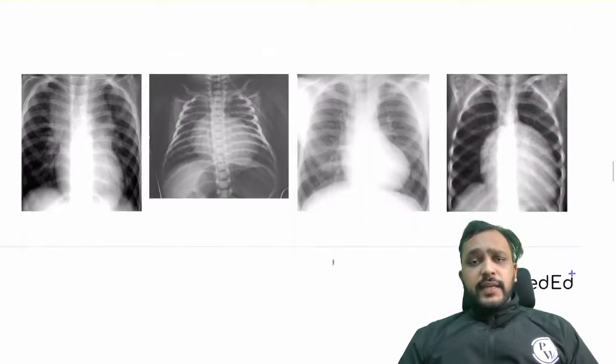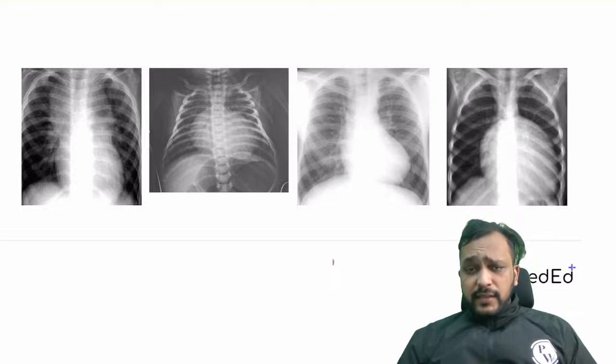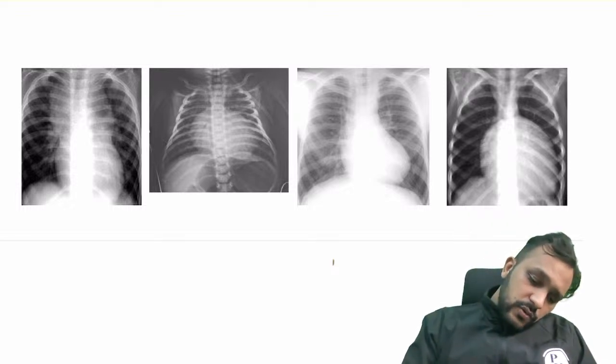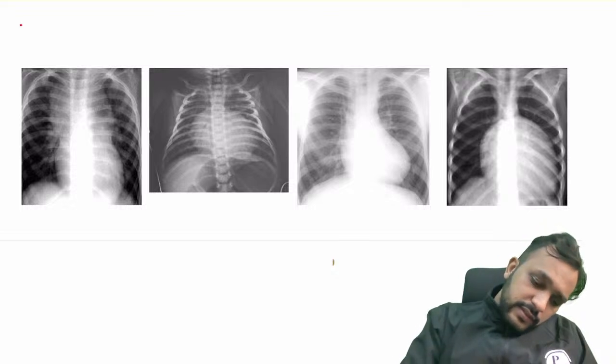So again, very important images as far as your FMGE exam or NEET PG exam is concerned. Okay, you cannot skip these images. So first is snowman appearance. So the first is,